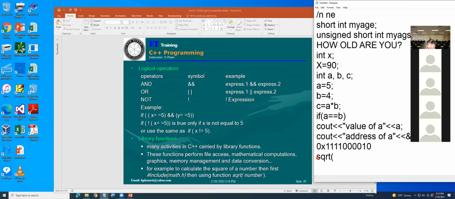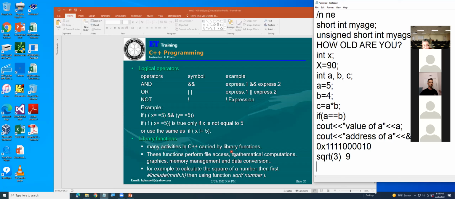For example, you use sqrt of number 9, and they give you number 3. However, before you can use this function, you must include the math header. So what I'm telling you is math is the library. Everything you're doing in C++, Microsoft has already put together the things you need.